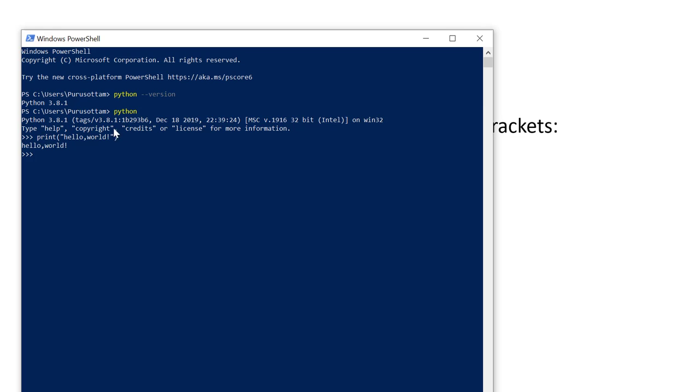Note, while you are running your Python code in the PowerShell, you should mention this python before running your program. Without this python, you can't get the result. This would confirm that.